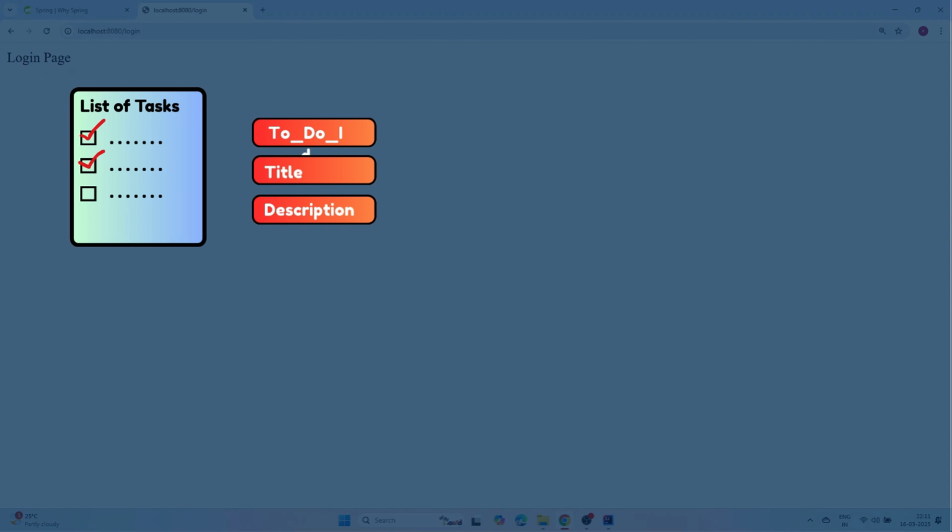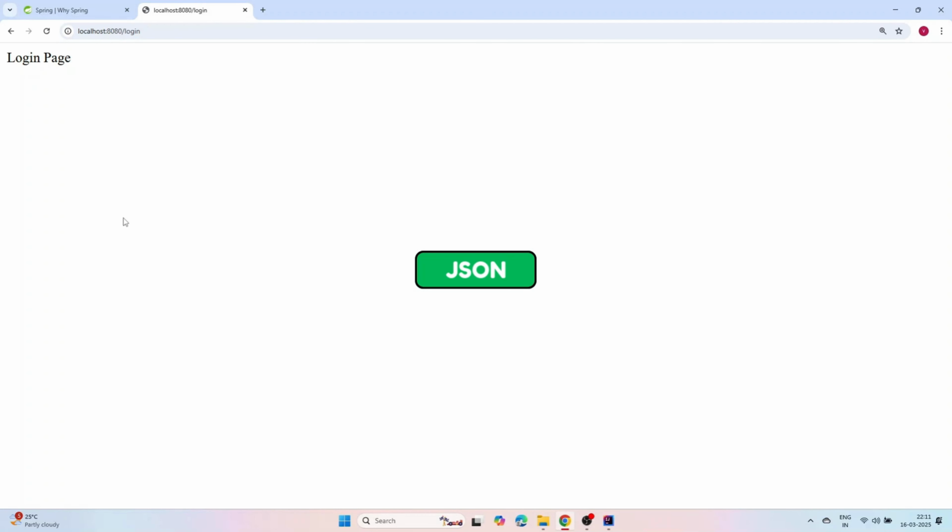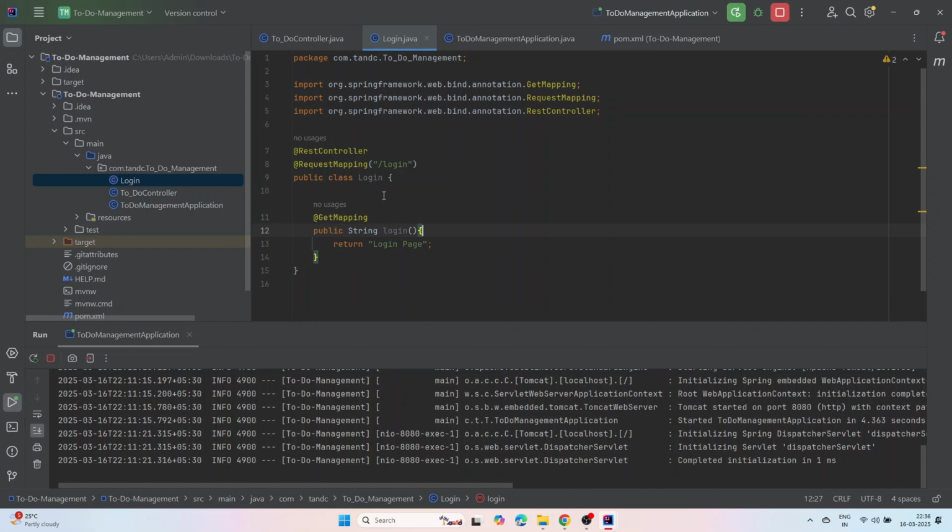So to get this data as an output, we actually don't want to see the data in the form of text, right? And even for the UI, it is difficult to convert this text into data format, right? So for that, we are using a format called JSON. You can also use XML, but we are preferring the JSON format for this series of videos. So basically what I want to do now is convert the object into the form of data. So for that, let's create a new class